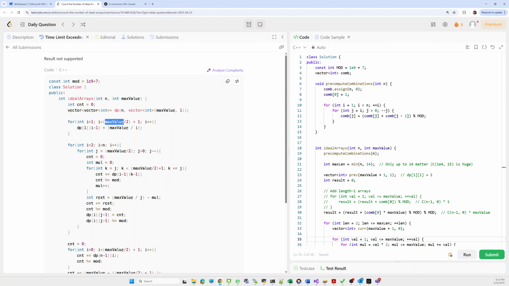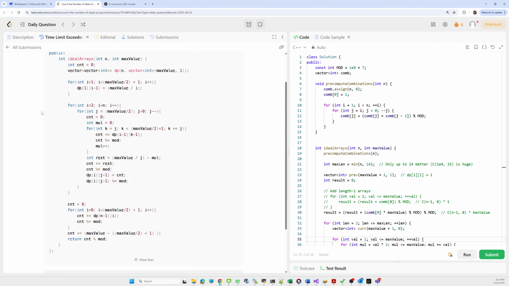Here I am updating my DP table by checking the number of elements within that range, max value divided by i. We can only divide by half of those elements, so that's why I am iterating for half of the elements.